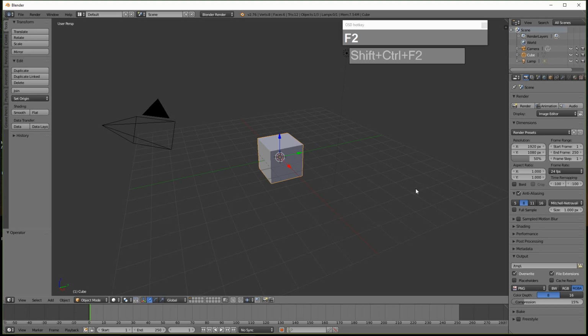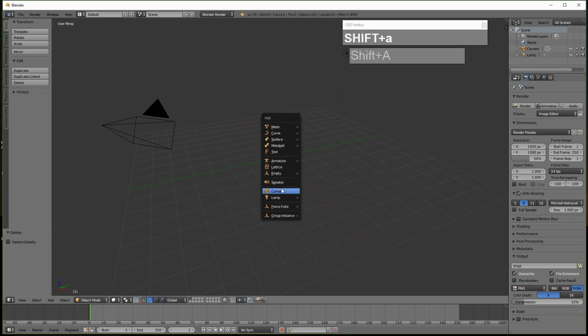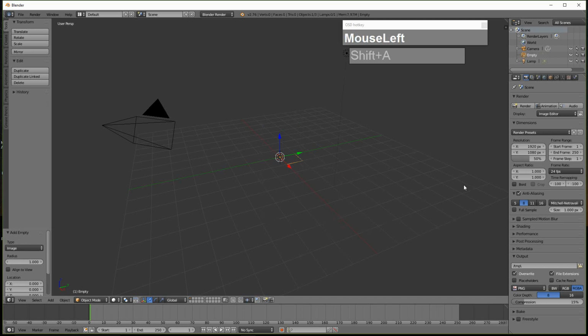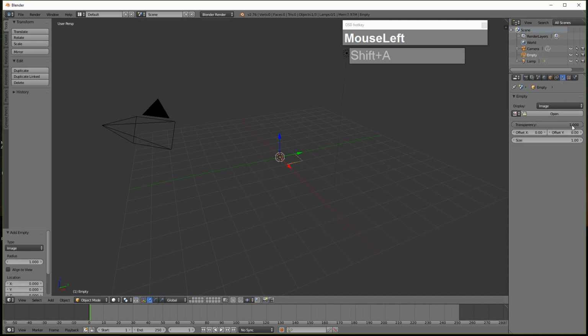In this Blender tutorial, I'm going to show you how to create a pair of sunglasses. First, I'm going to get rid of this cube by pressing X, and then I'm going to bring in the image reference by bringing an image empty. So press Shift A to create an empty image, and then I'm going to bring in the image reference by